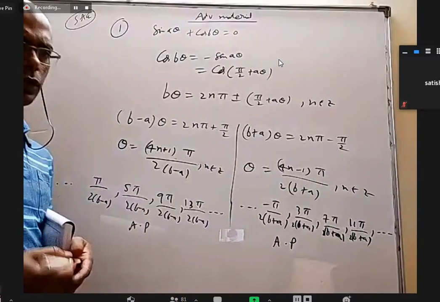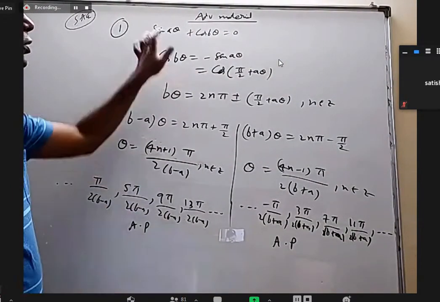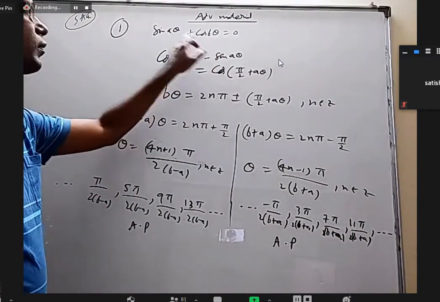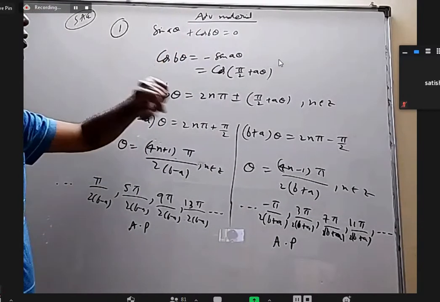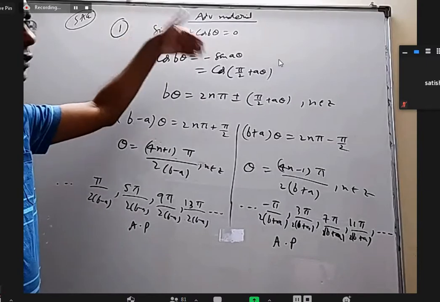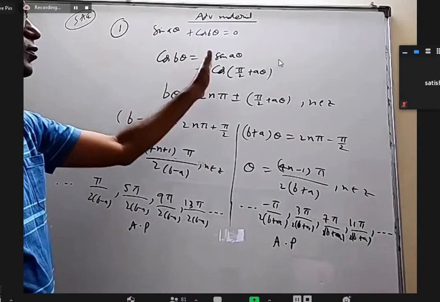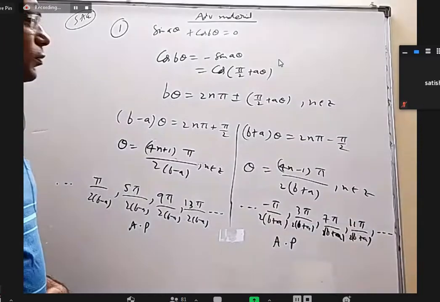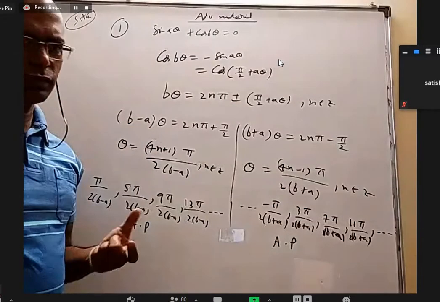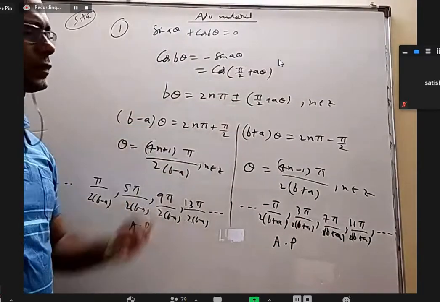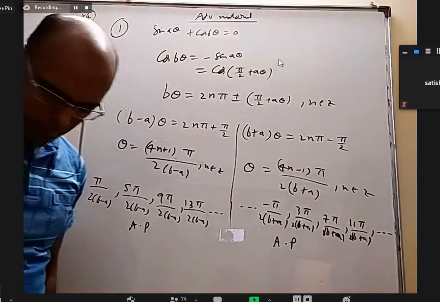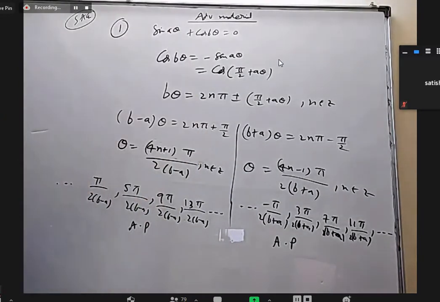Okay. So right in the beginning, when both are sine, I would have applied transformations. And when both are cos, also I would have applied transformation maybe. But when one is sine, one is cos, better to convert sine into cos or cos into sine, and you can apply transformations or you can send one of them to this side. Converting both into sine, we'll get minus 1 whole power n, which is not so nice. So I converted sine into cos, and cos theta equal to cos alpha, general solution. So the question 2a is all right.